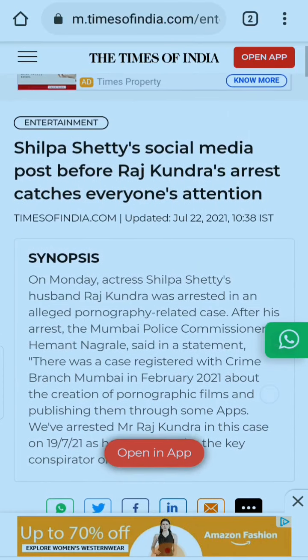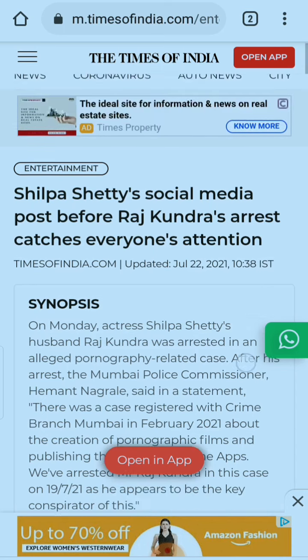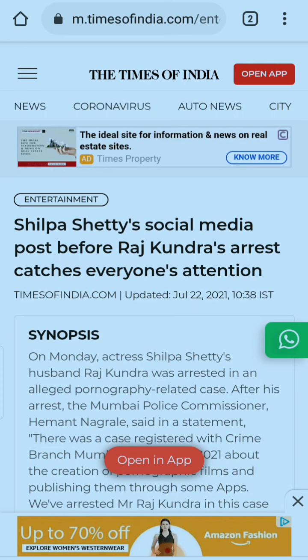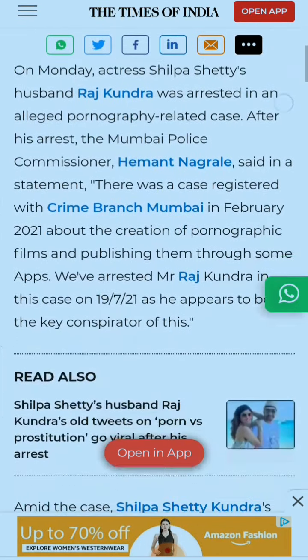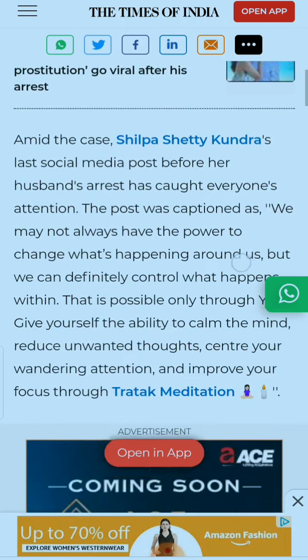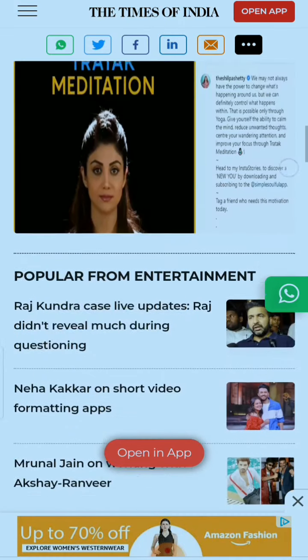What is actually the thing is that we cannot directly use this content because it is copyrighted content. If we use it on our blog, then it is useless because Google never ranks copyrighted content. So we need to make it unique. So how can we make it unique? Let's see. This is the article, and in front of you I'm going to make it unique and post it anywhere.